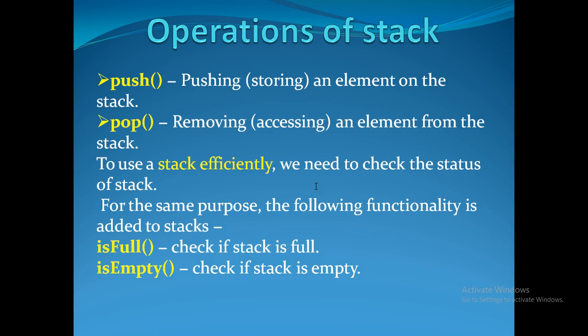If the tumbler has empty space, then what will we do? We will add that coin onto the tumbler. And likewise, if we are adding the coins one by one, and it reaches the fifth coin and we try to add the sixth one, again we verify whether the tumbler has an empty space to accommodate the sixth coin. We understand that the tumbler has no empty space, so we don't try to add a new coin onto the tumbler.